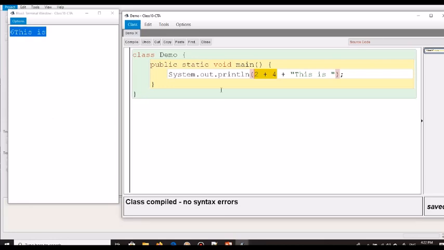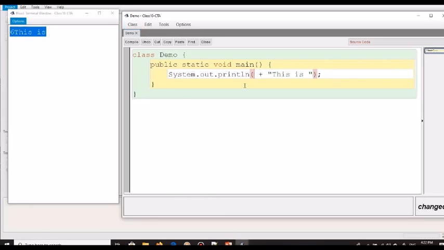Okay, let me take this back to the original program, and I add plus 2 plus 4. Now if I put brackets here, what is going to be the result now? Now you can see that because I put this expression in brackets, this expression is going to be executed first.